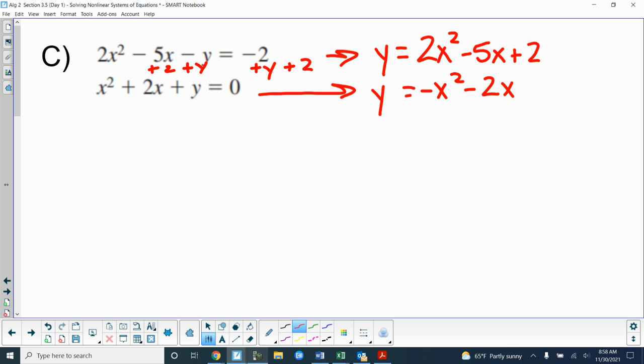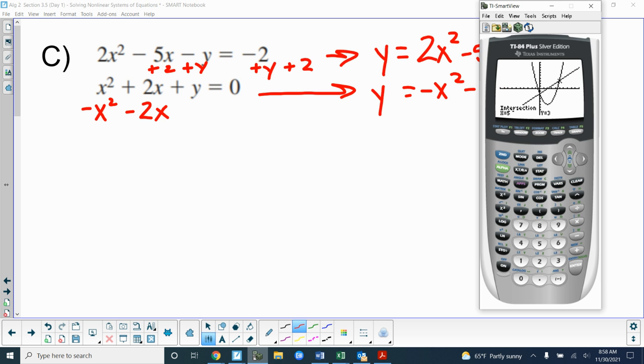Some of us are forgetting that when we're moving stuff. All right? That's basic algebra 1 stuff, right? Remember, if you're going to the opposite side, do the opposite. So if it's addition, do subtraction. If it's multiplication, do division. When you're moving a whole term, though, it's just adding or subtracting. All right, so there's my two